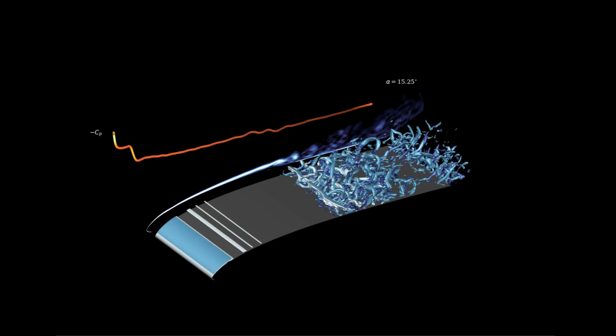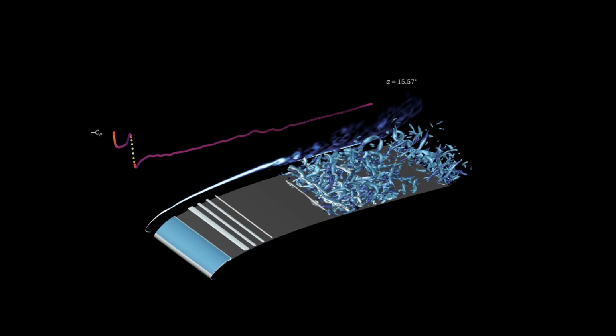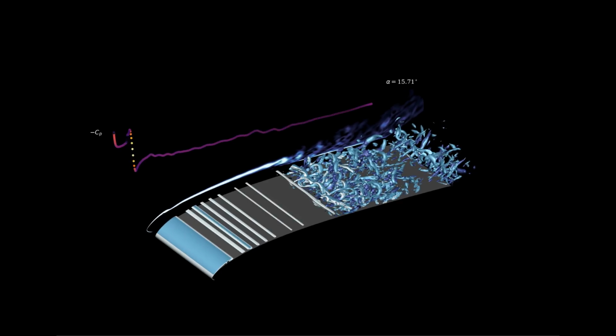At this instance, the separation bubble has formed as indicated by the region of constant Cp. The bubble reattaches laminarly with the shear layer separating again downstream of it. This can be seen from the slight dip in the shear layer shown by the arrow. The laminar reattachment of the bubble makes it more susceptible to disturbances.